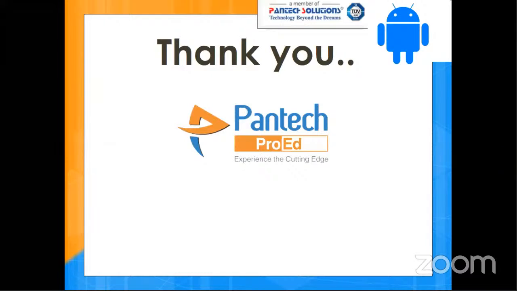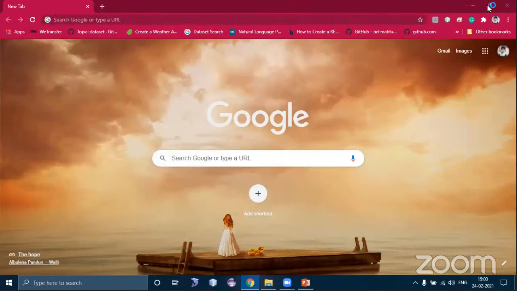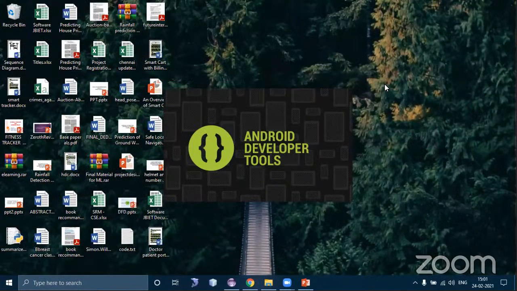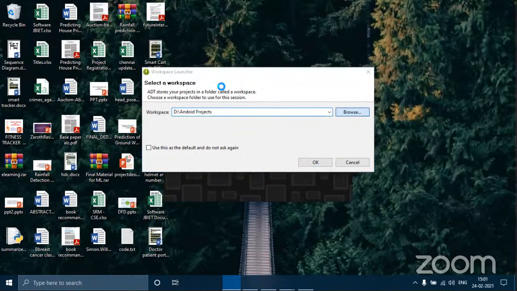Okay. So now let's move on to the practical session. The tool we are going to use here is Eclipse only. I will show how to open it. Okay, so just see here. This is the work directory where you want to store all the programs which you have developed. They will be stored in this directory only. If you need to change the directory, you can change it also. For example, here you can see I have to change